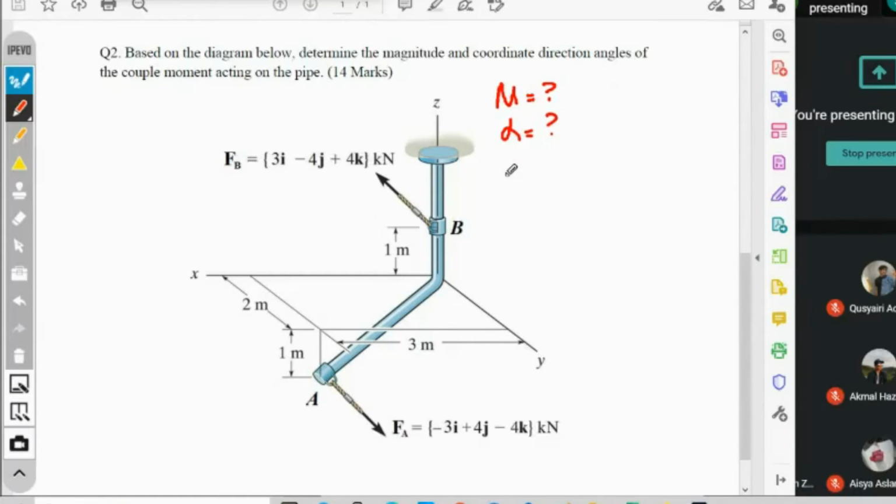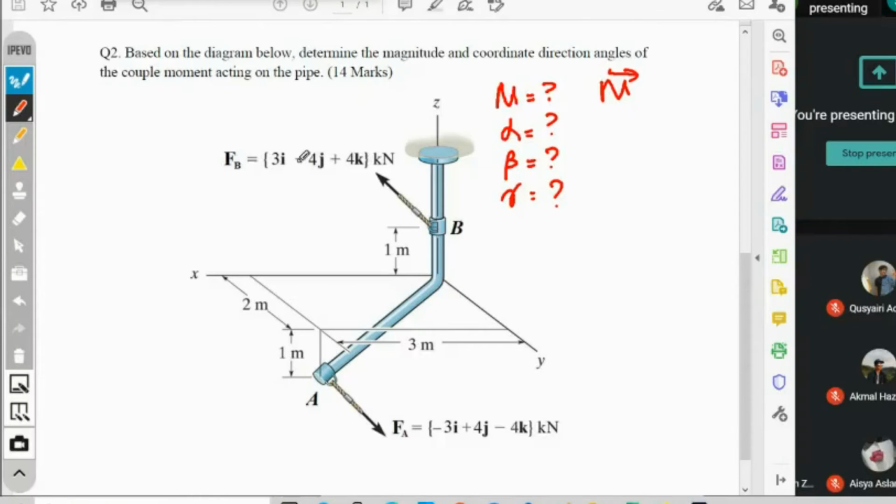What is alpha? What is beta? What is gamma? Right. But you should know already that if you already have the vector of the moment, then to get the magnitude is just the square root of the whole thing. And then for alpha, beta, gamma, you know the x component and the magnitude, the y component and the magnitude, the z component and the magnitude. You can already calculate alpha, beta and gamma, right? So it will start with vector operation, despite the final answer being in this format. So in this case,